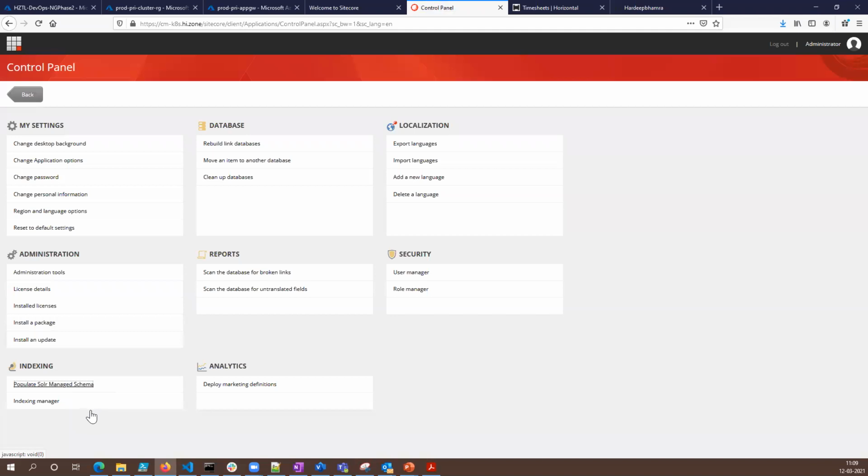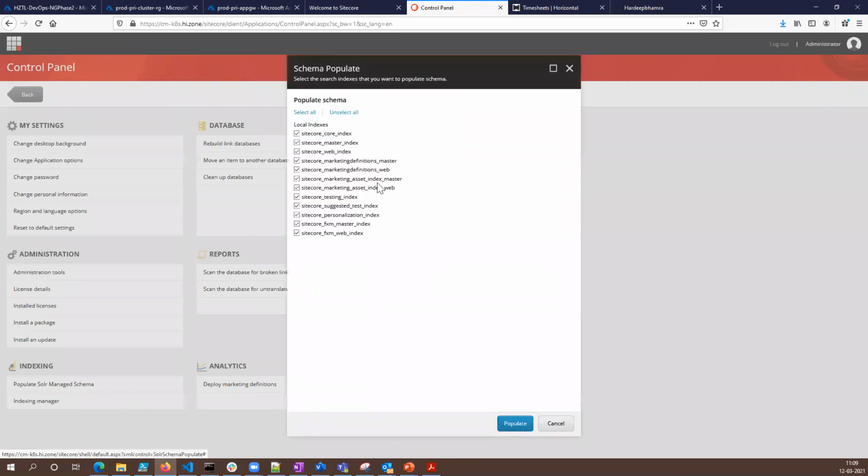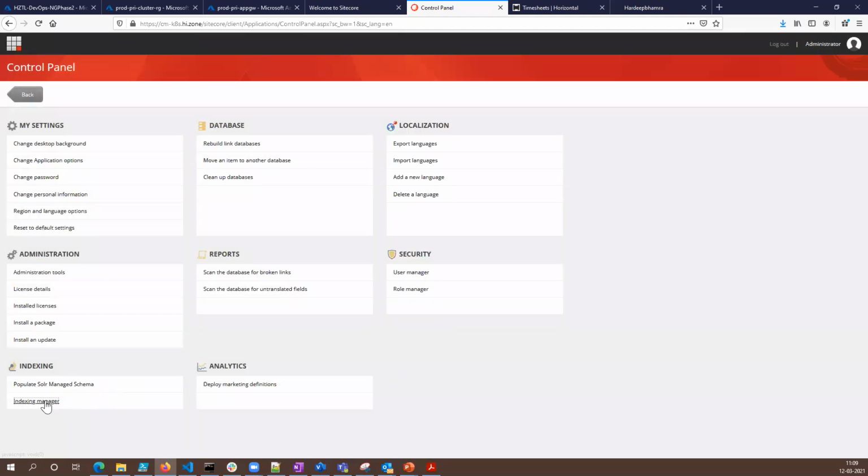This is something we touched upon last time, on how to populate the schema. But we will still see. It's already been populated, so I'm not going to be doing it again.